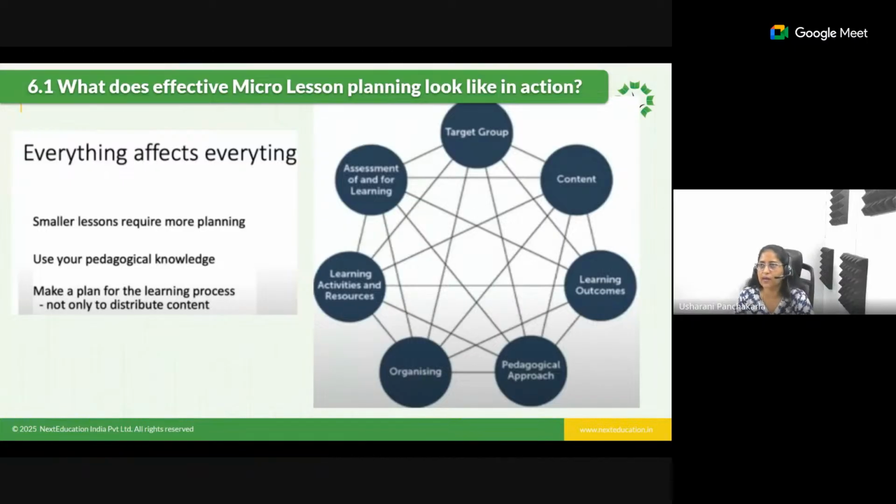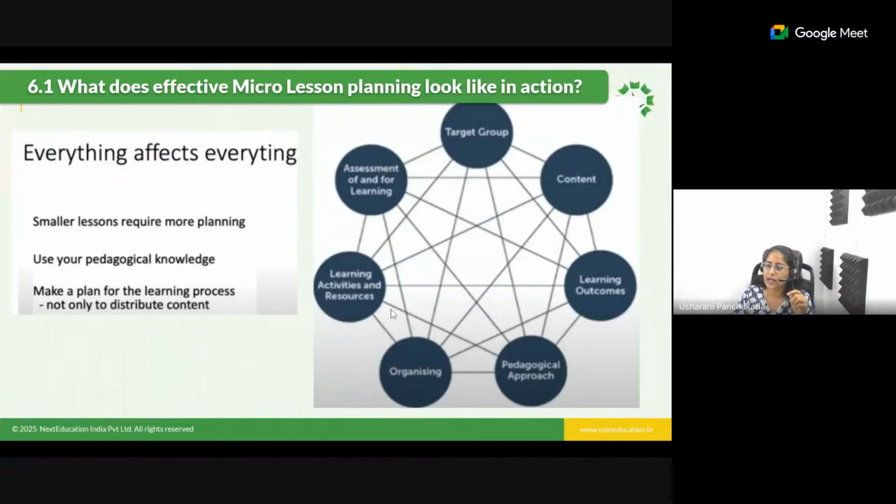When it comes to the application part, it can be a simulation, or it can be an activity which can be demonstrated, or a simulation where you take a virtual tool and showcase it. So that is where your pedagogical approach comes into the picture. Organizing is where you need to organize this information from simple to complex. As I said, micro learning will be 100% the best, provided you organize the information from simple to complex. You need to divide the complete chapter into chunks of information, like concept 1, concept 2, concept 3, concept 4, and so on.